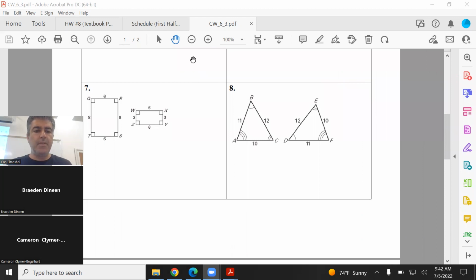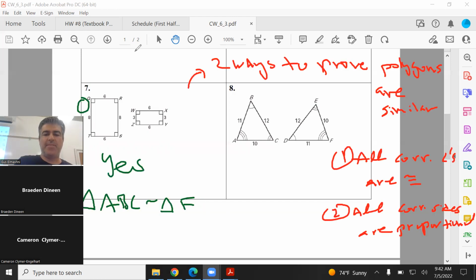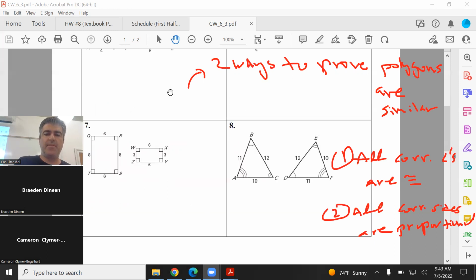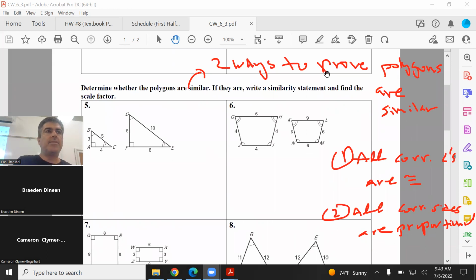7. Okay, I kind of gave you guys some bad advice. Okay, what I said here was for triangles, you only need one or the other. For triangles, you only need 1 or 2. However, for polygons in general,